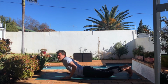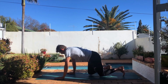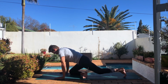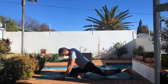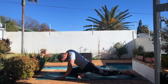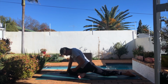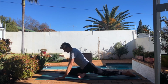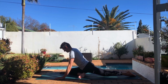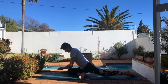Come onto your hands and knees. And then bring the right knee forward towards your right wrist. So to the front of the mat. Reach the left leg a little bit back for pigeon pose. If you need to place something under that right hip to have some more support under the thigh, that's always a good thing. And I will add a twist, of course, for this class, so we get a bit more